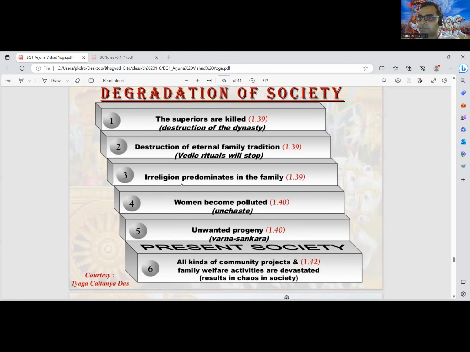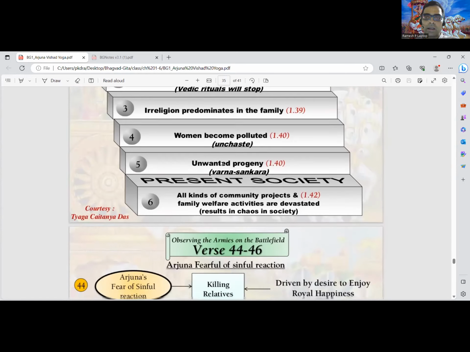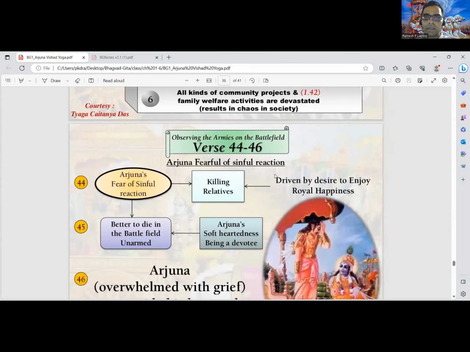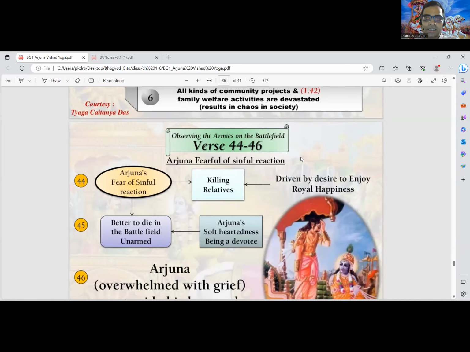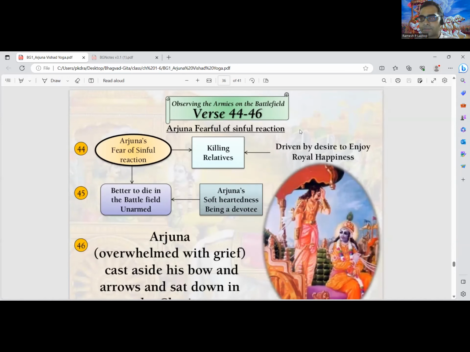So Arjuna was thinking of all these angles, you see, and there are a couple of verses. Yeah, I think these are the ones. With this, we'll have Arjuna's reasons for his soft-heartedness, and then we'll end this chapter. So here, Arjuna is fearful of sinful reactions. And the other point he mentions in one of the verses is, he says that